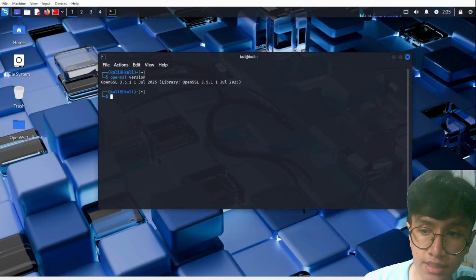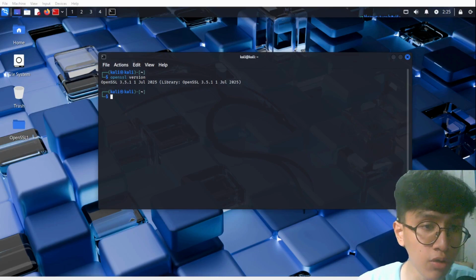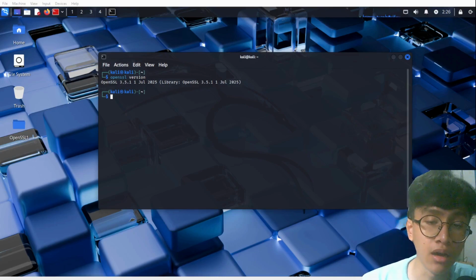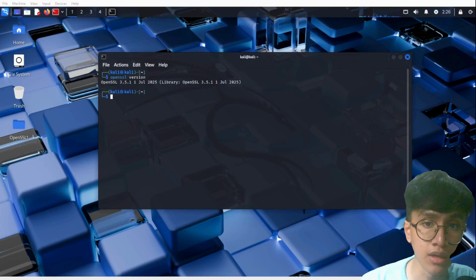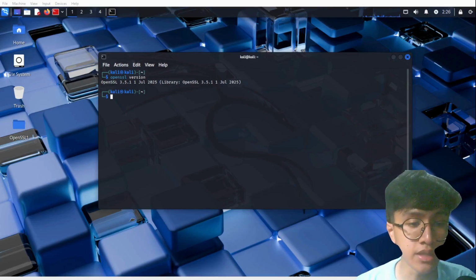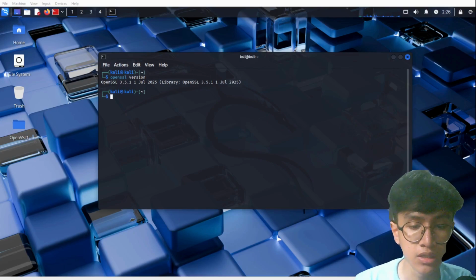The second way is actually downloading the zip file of OpenSSL in the browser or from their official website. This scenario is suggested if you want a specific version of OpenSSL or you want to work on a specific version of it.